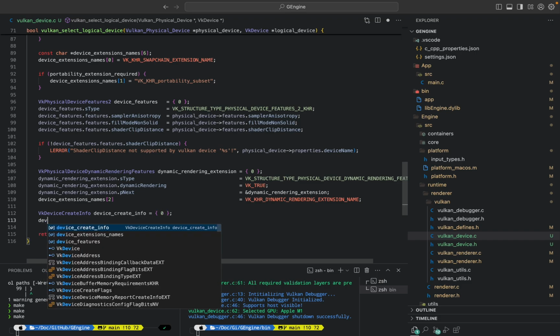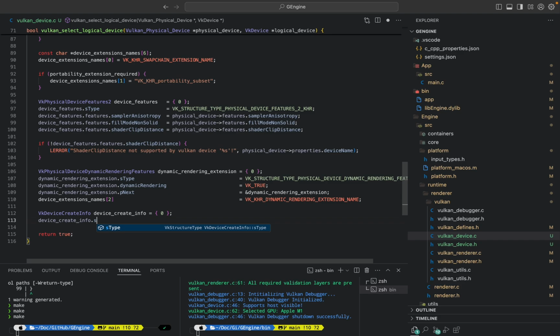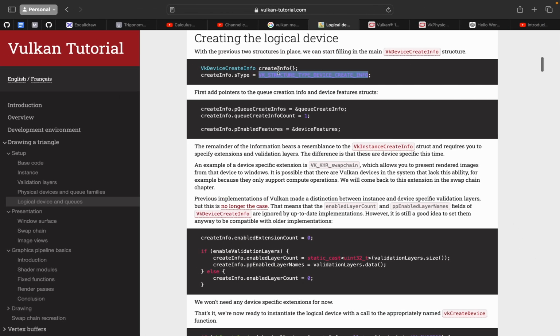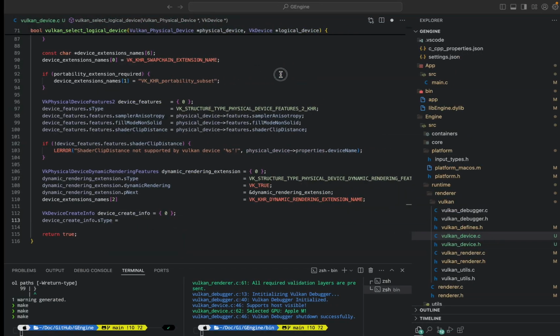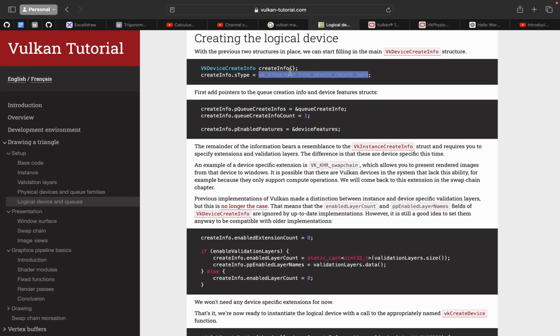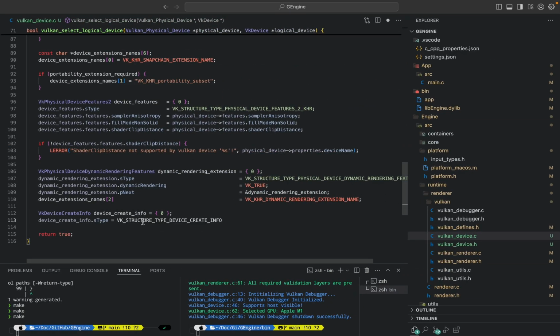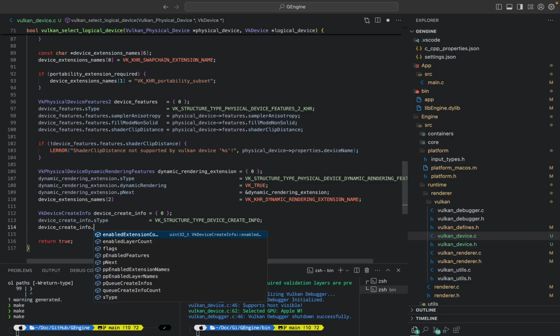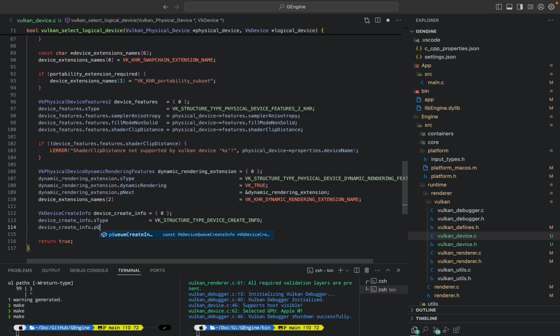Then I can do device create info dot s type is equal to device create info. Yeah, this is the one I want. Oh, I copied more than I needed. So like so. And then once I have that, all I need to do is device create info dot pq create infos,